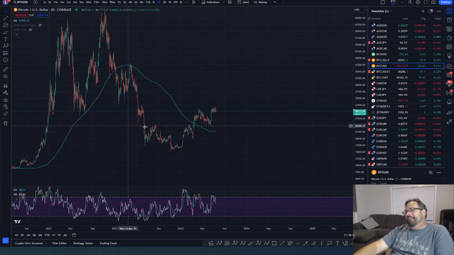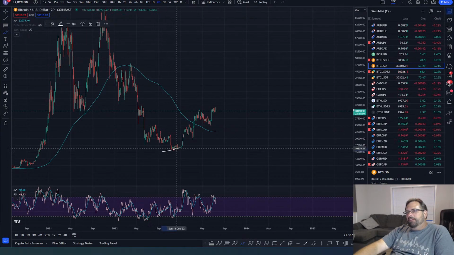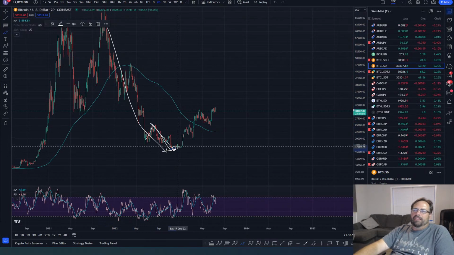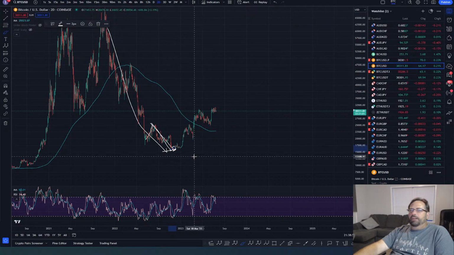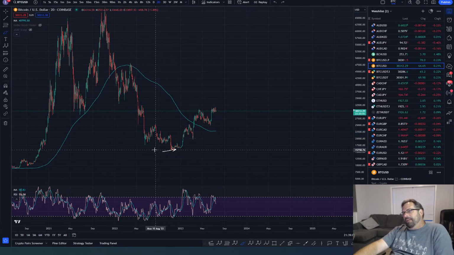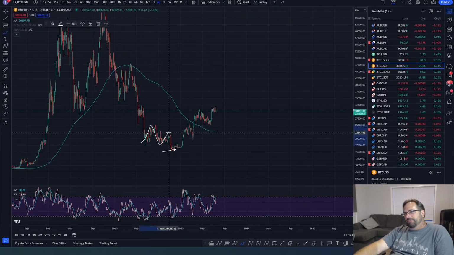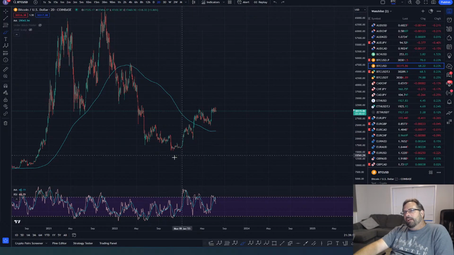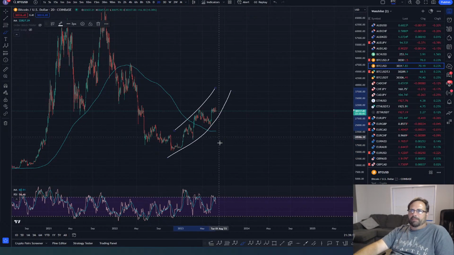Anyway, what you'd probably have to do is ignore this and just call it a bottom of something. You just say, that's a really ugly fifth wave. It is what it is, and you call that the end of the move. Maybe you could call this a running flat, and then you have a fifth wave right there. In other words, this would have to be the start of something, okay?